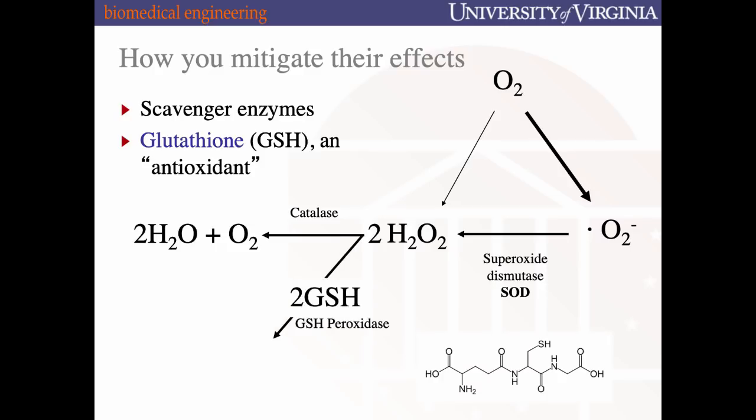The place where glutathione comes into play is that, depending on the state of the cell, the abundance of these enzymes to be able to perform these two reactions varies. Glutathione, whose chemical structure is shown here, can also suck up the free radicals in these intermediates. And the way that those free radicals are sucked up is through the thiol group here. That's why it's called glutathione. There's the thiol group that can undergo reversible oxidation